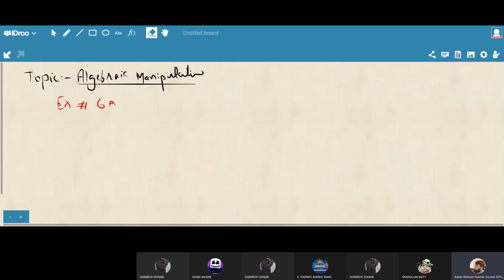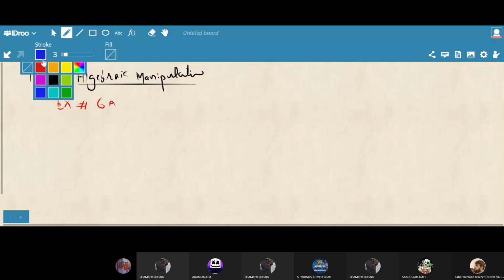In the same question 3a, now I am doing the B part for you, because the other questions will be the same. Now B part, question 3. This is very important for all of you. Factorization by breaking the middle term. I hope you remember breaking the middle term. Let me give you a hint of this.